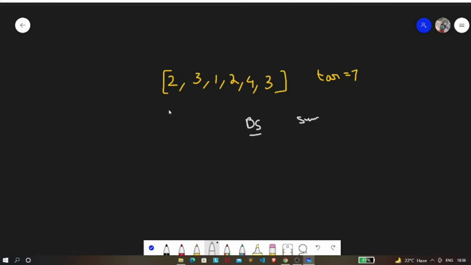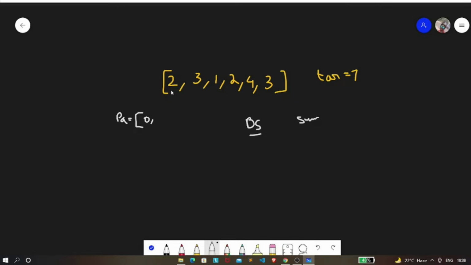So if you try to find the prefix array, now what is this prefix array? Just think of a prefix array as an array in which we store the cumulative sum. In the prefix array we're going to have an extra element, let's consider it to be 0. So initially we have 0.